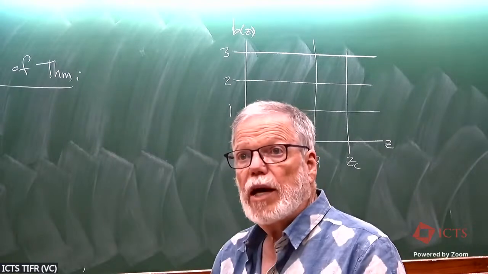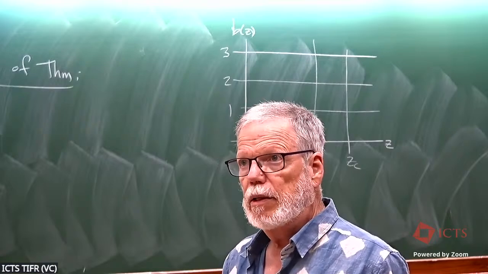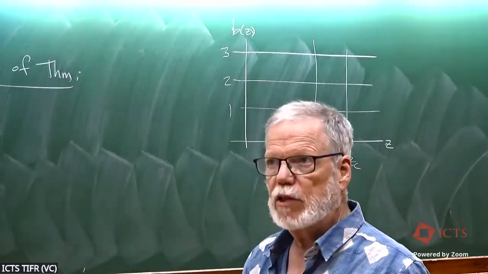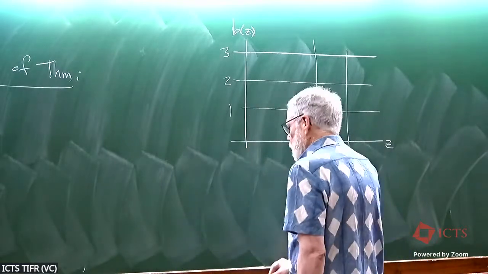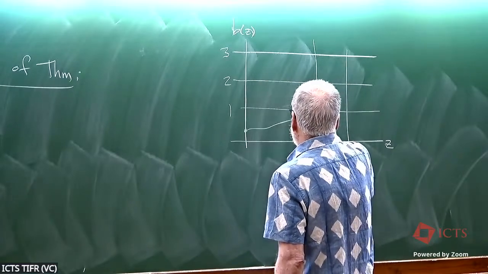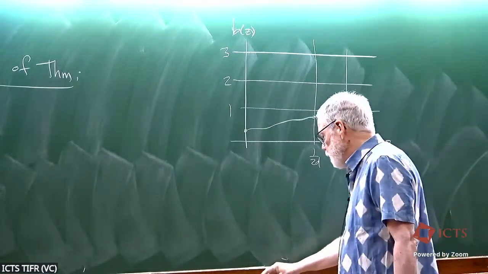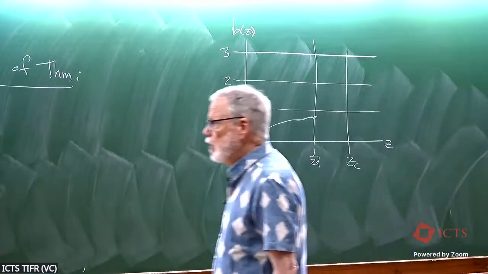So I know that for Z less than or equal to 1 over 2D, B is less than or equal to 1. That was one of the first observations that we made when the bootstrap function B of Z was defined. So the graph of B is doing something here. It stays less than or equal to 1. What about between 1 over 2D and ZC?